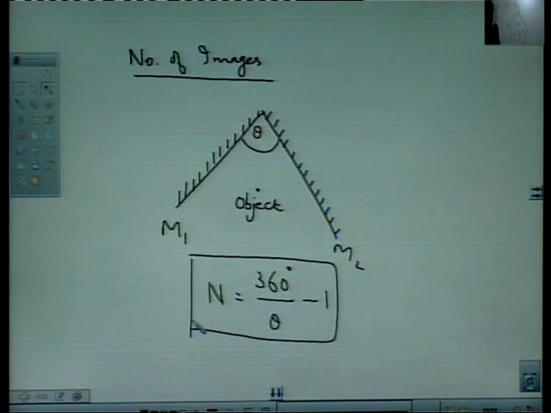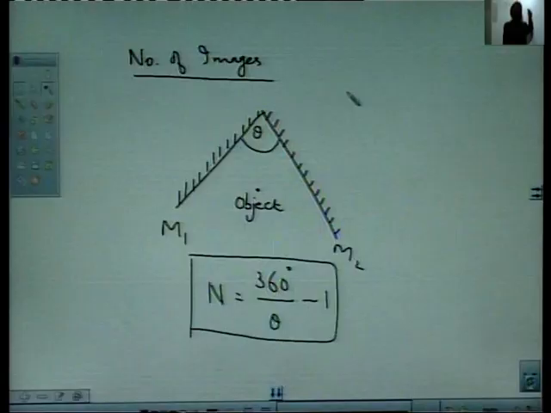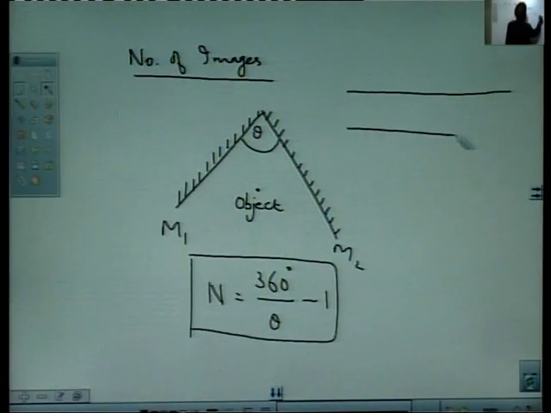This is a very important formula for calculating the number of images formed by the mirrors which are inclined to each other. So, we can make a table